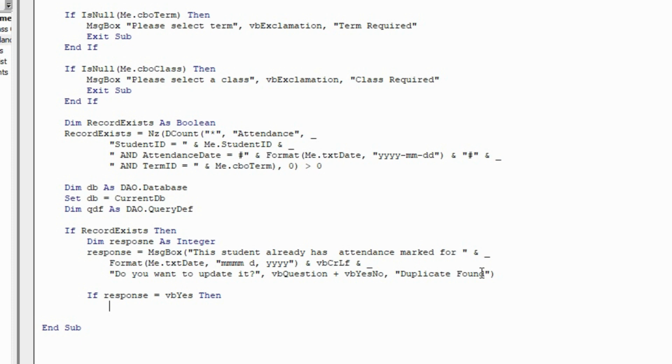If you click on yes, it has to update the existing record. If you click on no, then that one you have to move on. So if the response is equal to vbYes, then